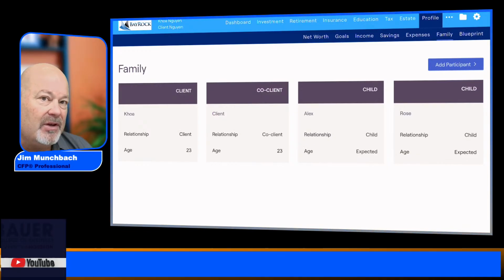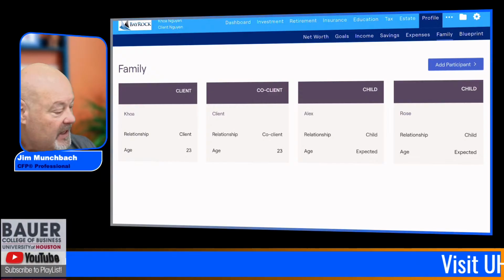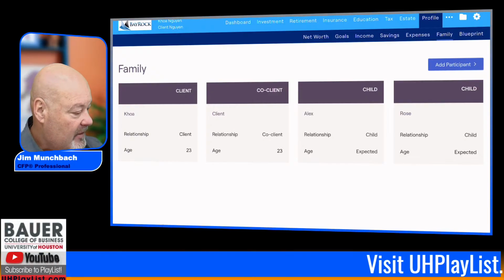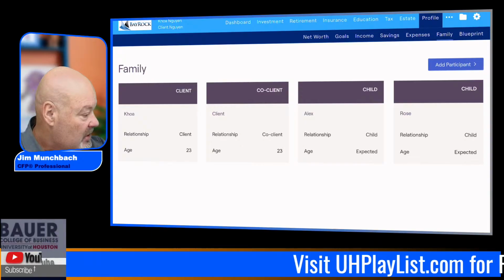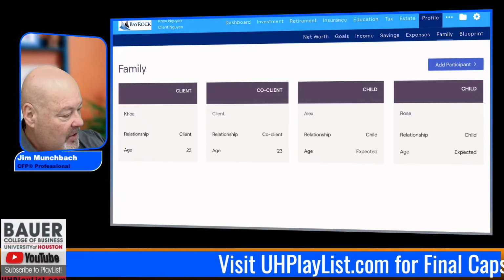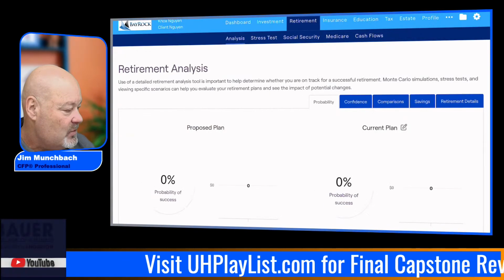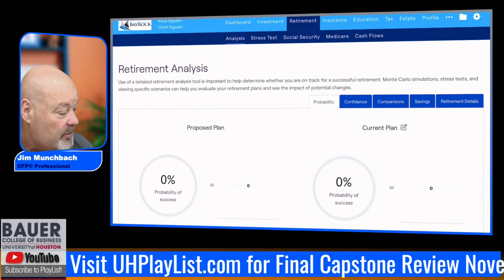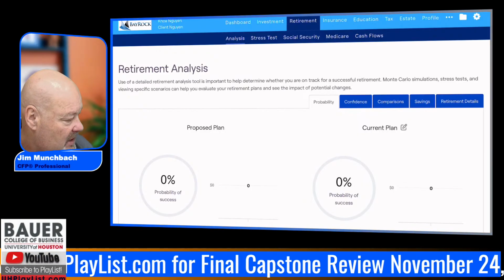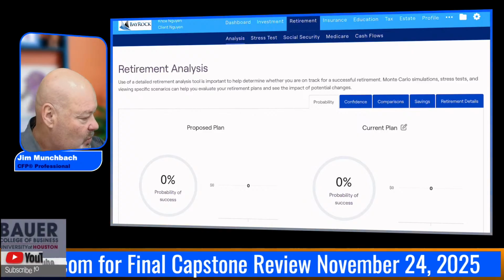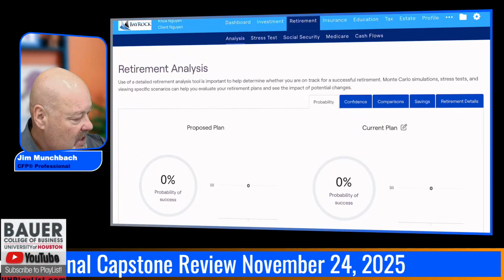Because if you turn in your capstone with what I see in your financial plan, you will have a lot of deductions. So let's start just by going where I would go, the retirement, and just see what we have here. We have zero probability of success and zero money at the end of the plan. So one thing we could do is look at cash flows.